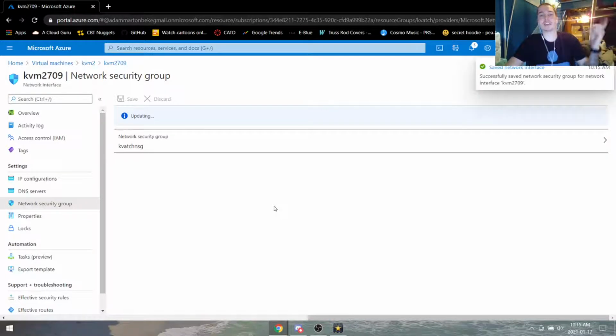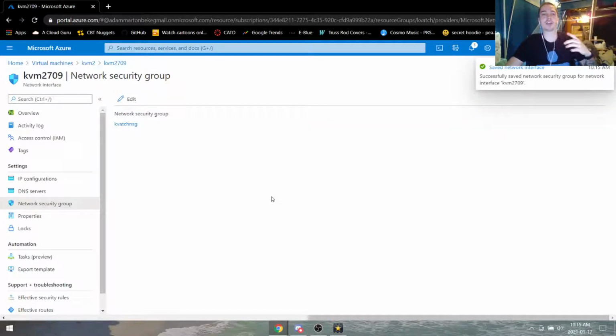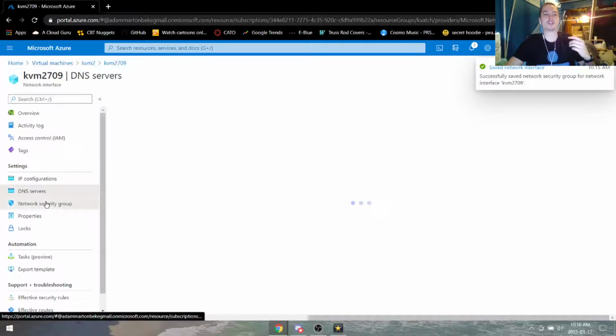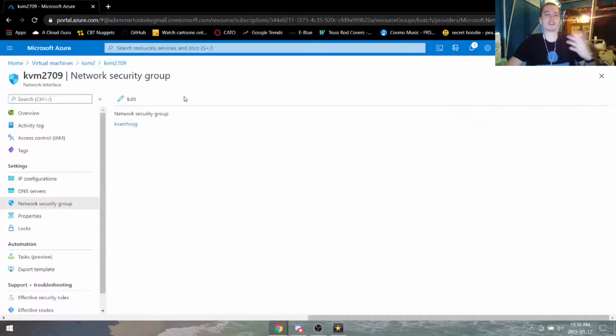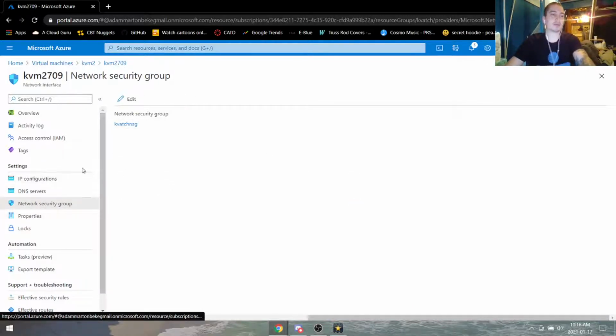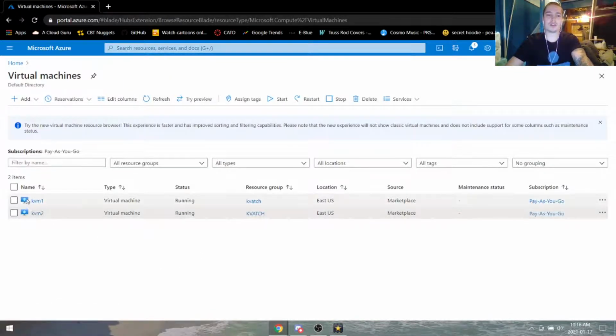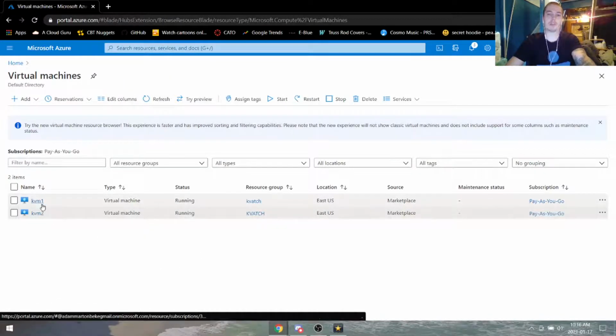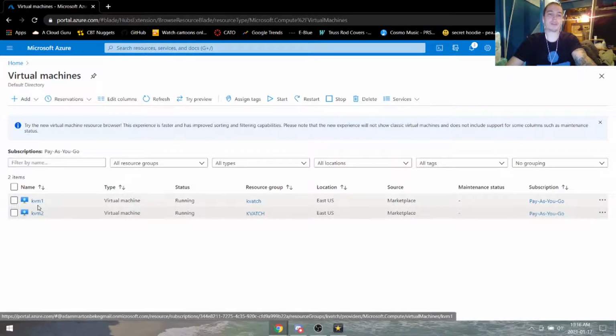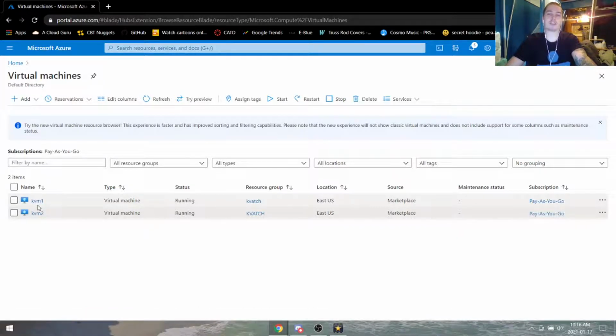That's why I like to hit none for the network security groups when I'm spinning up virtual machines, because I like to manage it myself, but either way works. So now that we got both of our virtual machines up and running, and we got them attached to the network security groups, now